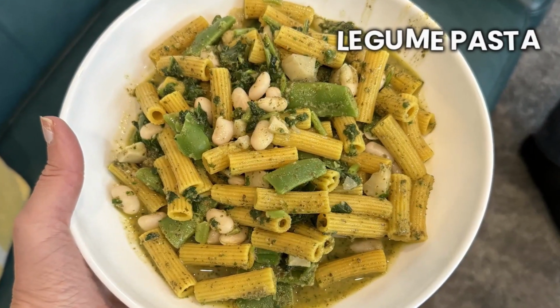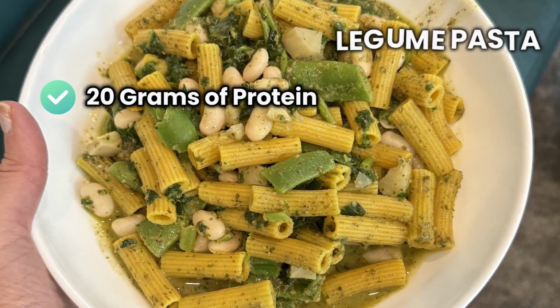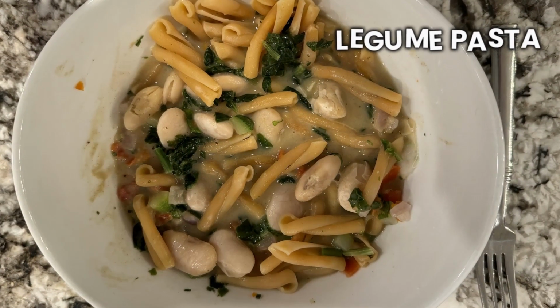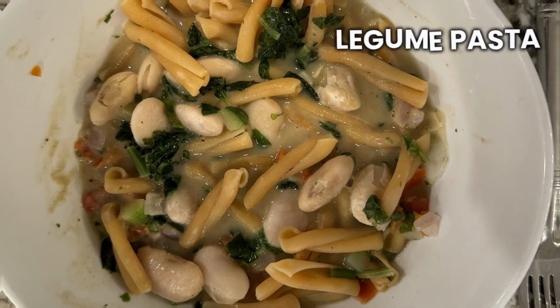Pasta is so good. My daughter loves cooking pasta, but I try to switch it out and not have just whole wheat pasta or whole grain pasta. I try to have legume pasta. So I can have chickpea pasta or pasta made from lentils. There's so many really good pastas out there that actually have a lot of protein. If you're not sure how to prepare it, it comes out good just with sauce, but